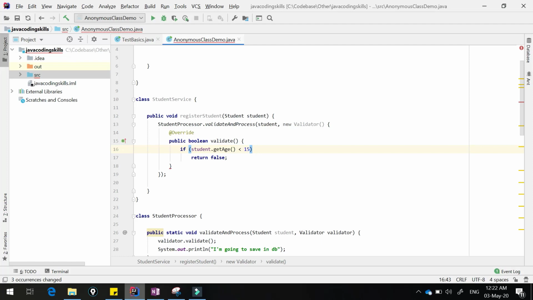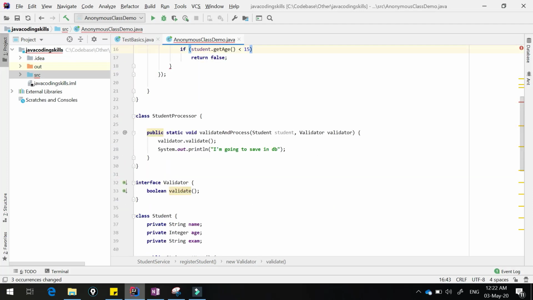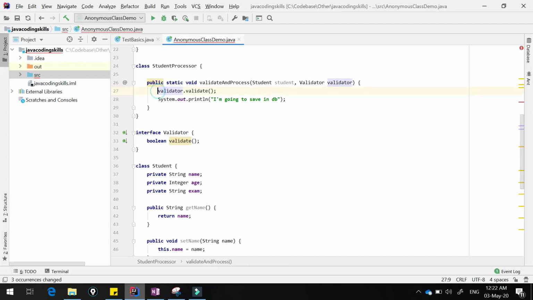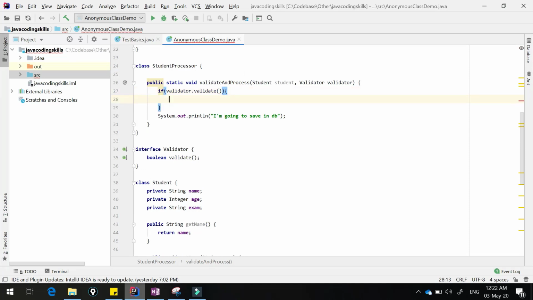If a student's age is less than 15, I'm going to fail the validation and further action should not be taken. So one more thing we have to change here. If validation succeeds, then only we are going to process, right? So let us change that logic.